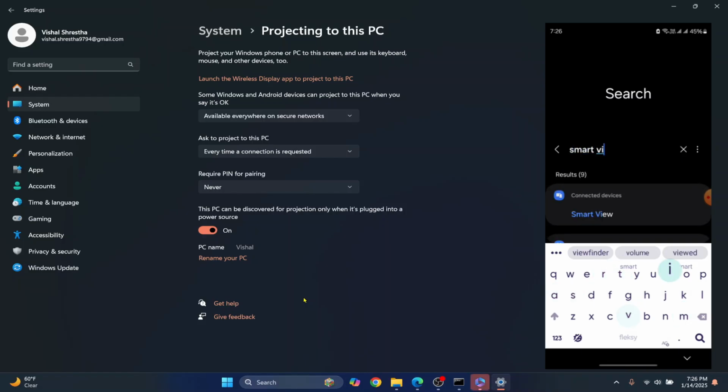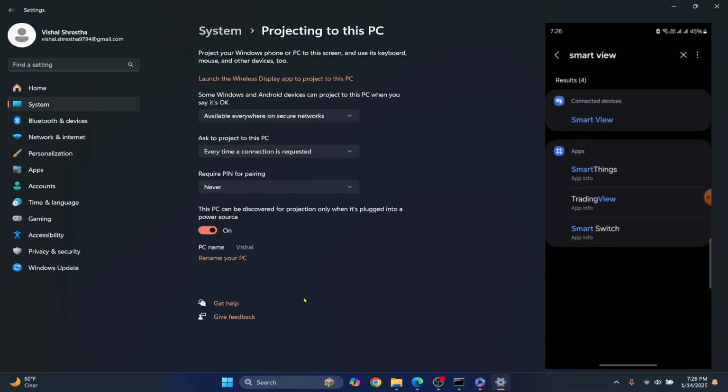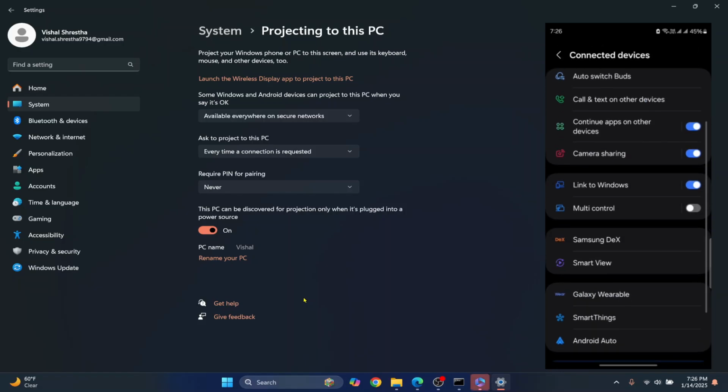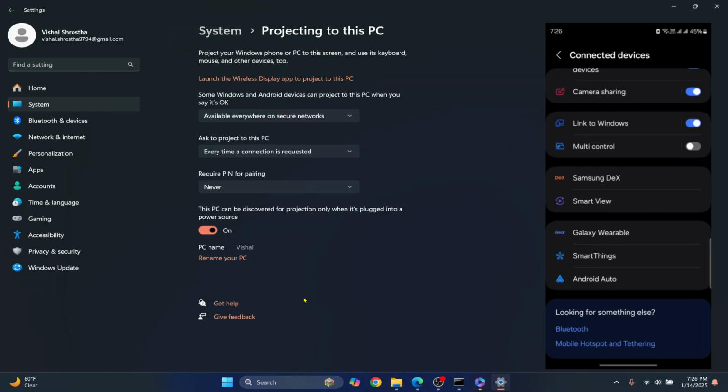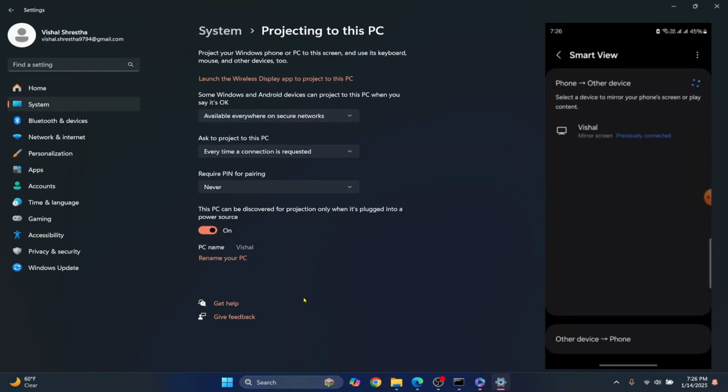Okay, now you will see options like this, Smart View. So click on Smart View and scroll down, you will see Smart View. So click on Smart View again, and now as you can see, I can see my laptop's name here. So if I just click on it,